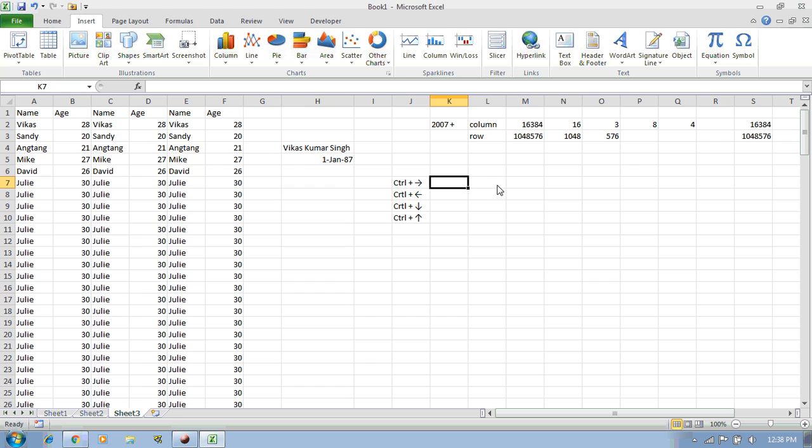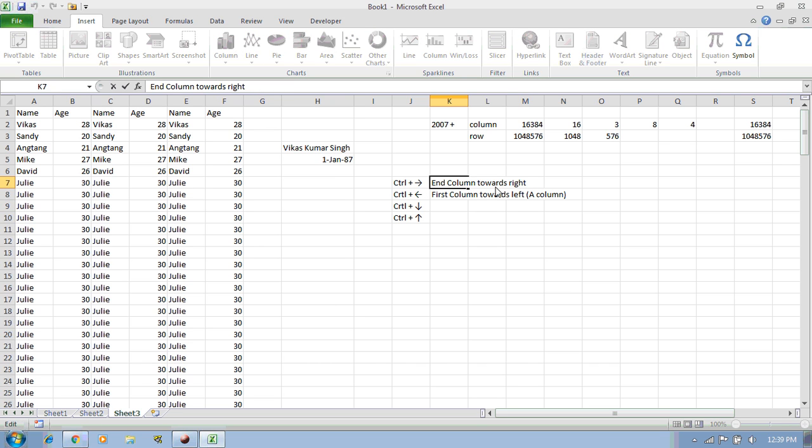So I would write here: towards right, and first column, towards left, or I would say A column.